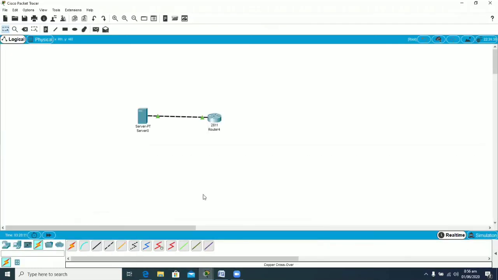In the next lab, lab number 5, we will be deleting our startup configuration as well as our Cisco IOS file from our router, and then we will be restoring our Cisco IOS file as well as the startup configuration from the TFTP server to the Cisco router. So basically it is the task for the upcoming lab. Inshallah, we will be dealing with it.